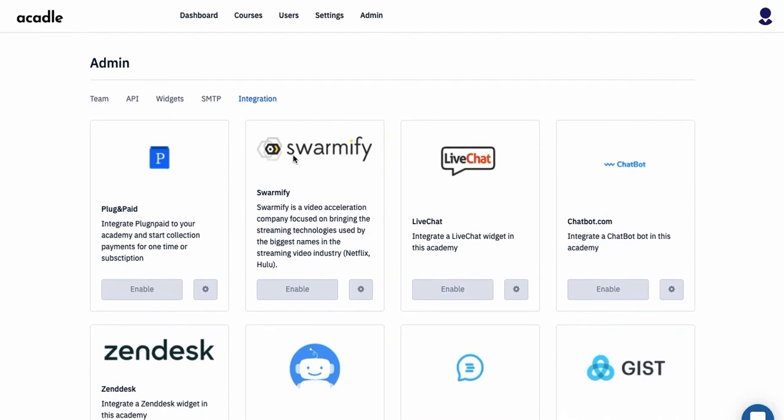For example, if you have Spayee and you're using YouTube videos, this will hide the YouTube related links from your videos. And this will also protect you from downloading the video. Then there is payment integration, which will enable you to collect payments. This also enables you to get subscriptions for your academies. And it is very easy to do the setup. You can find the tutorial in our